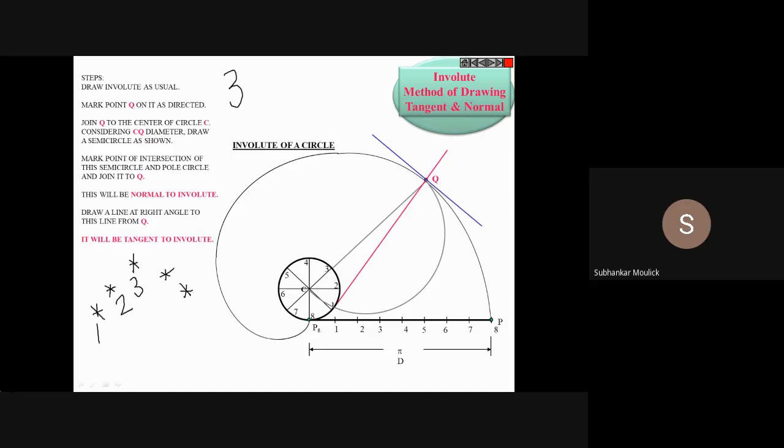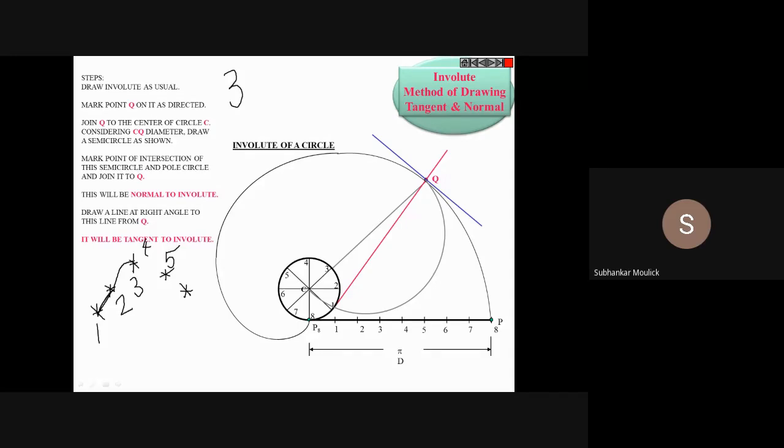Once you have aligned properly the first 3 locus points, join the first and the second point with the help of the French curve. Similarly, the next set of points is your third, fourth and fifth locus points. Again, you have to see which French curve is properly aligning with the third, fourth and fifth locus points. If say French curve number 6 is properly aligned with them, then you will join the third and the fourth points with the help of that particular French curve.